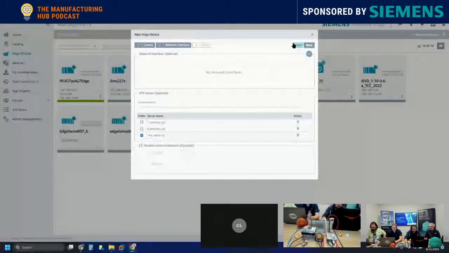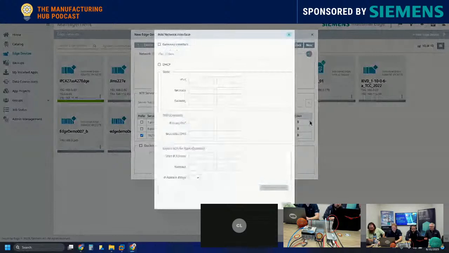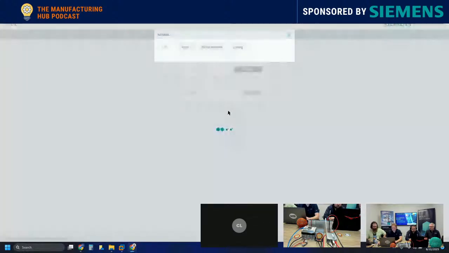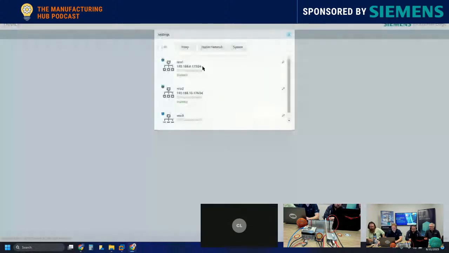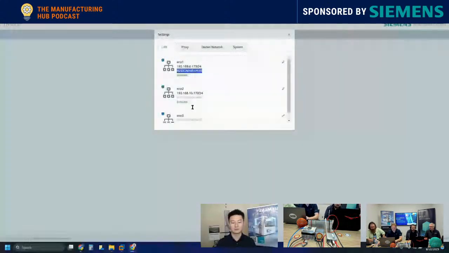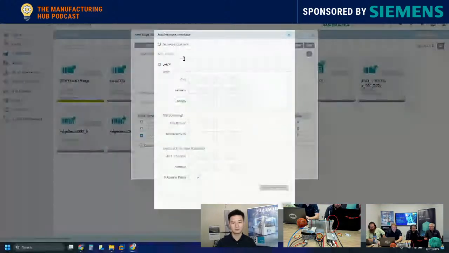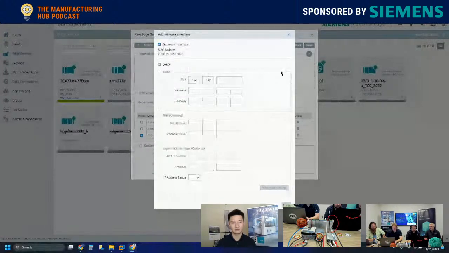So going through, I initially selected what type of edge device it was, gave it some user credentials, and now you come back through here and we're going to do some network setup. To do that, the trick I like to use is to actually come over to the edge device itself, and I grab my MAC address. Once I grab my MAC address, I can pop it in here. And because I know what I want this to be today,